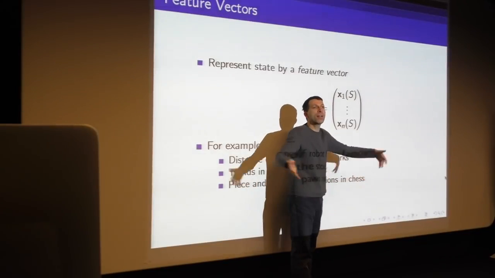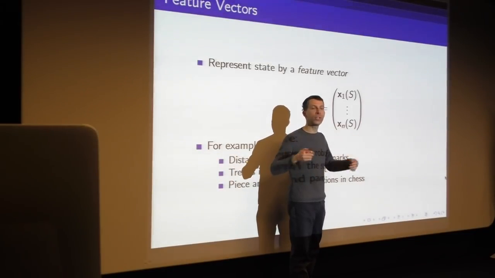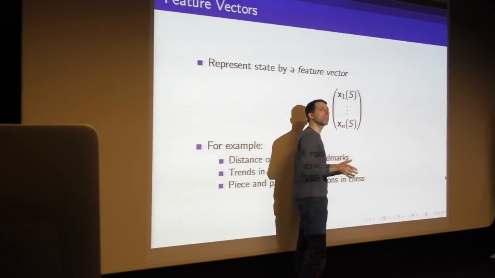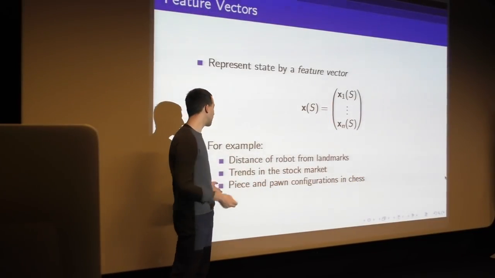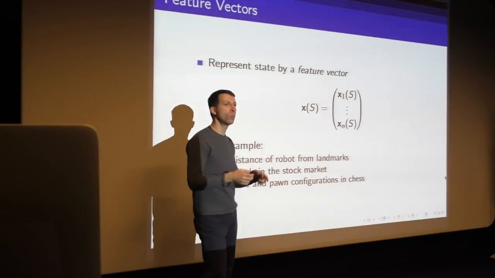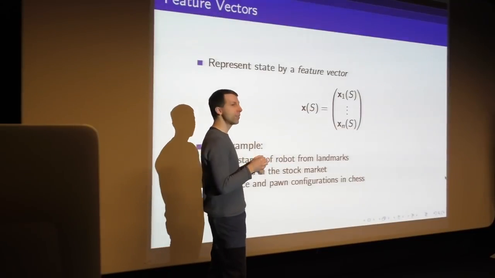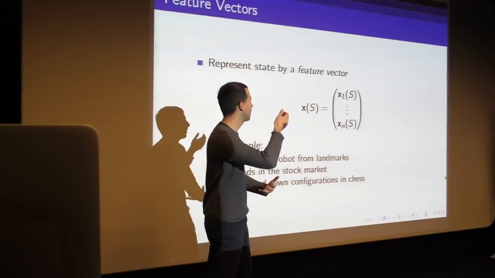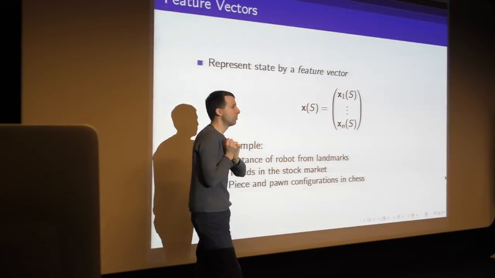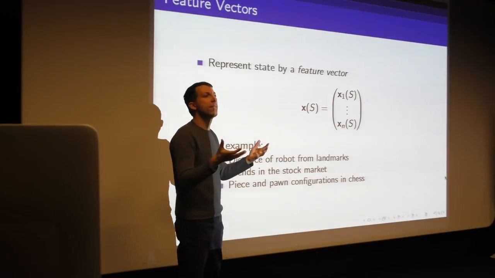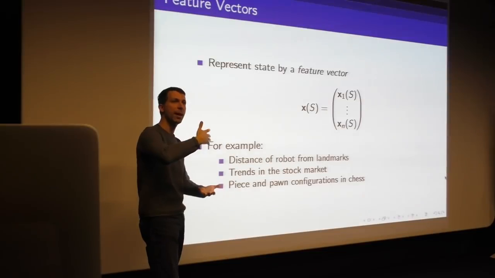And the feature vector throws away a lot of information. I'm no longer considering exactly what I'm seeing, and I'm compressing all of my knowledge into this feature vector. But if these features are good, it can make the learning problem much easier. It could be some trends in the stock market, or if we're playing a game, it could be which configurations of pieces or pawns are present on a chessboard. These are all valid choices of feature vector. And each feature is just one thing, one number telling you some piece of information about your state. And the collection of these features is trying to summarize in some compact way what's going on in the